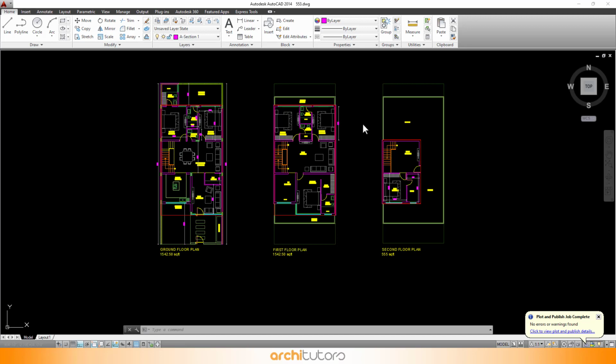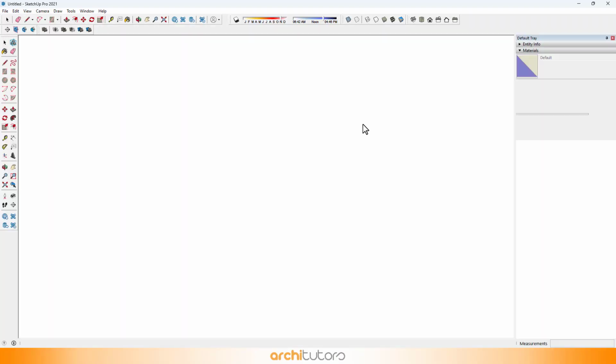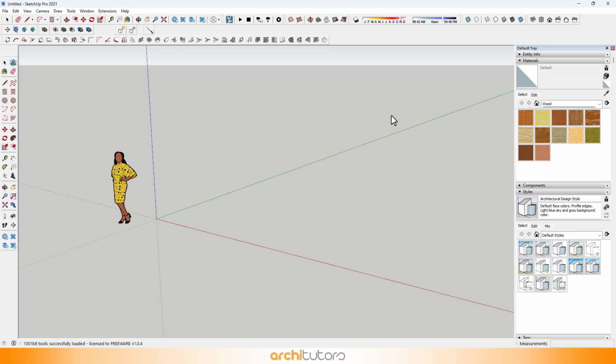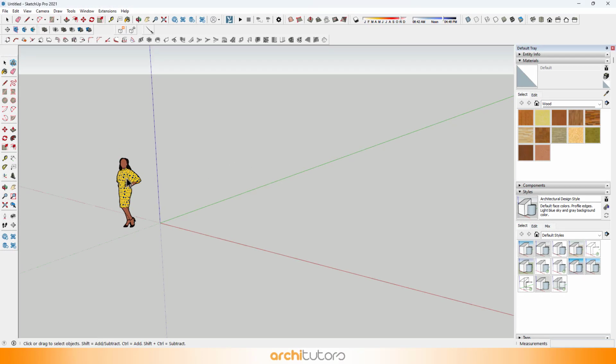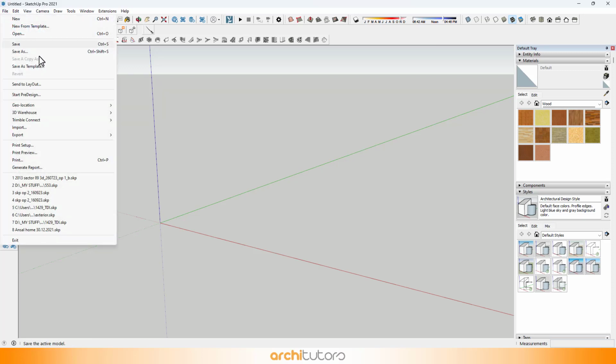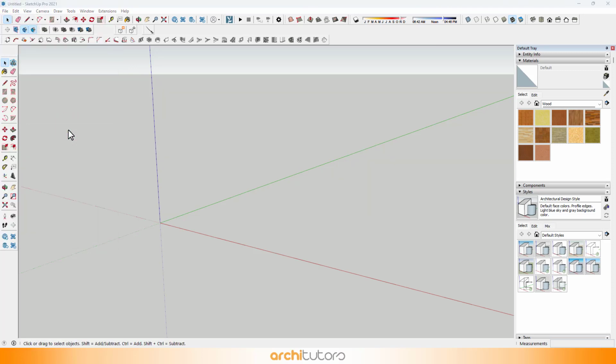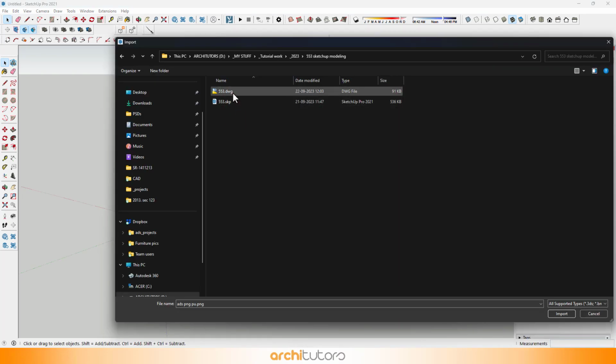Let's switch to SketchUp and import that AutoCAD drawing into SketchUp. Go to File, Import, and locate the CAD drawing.